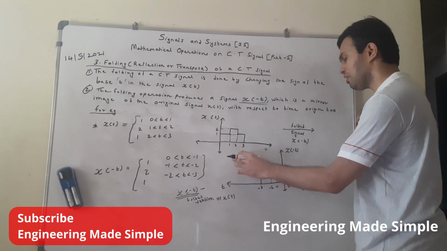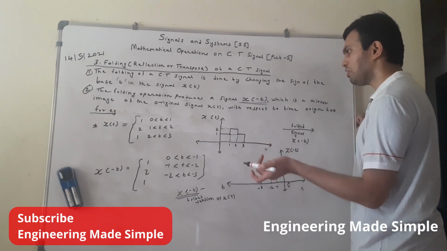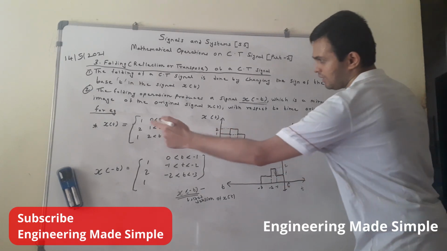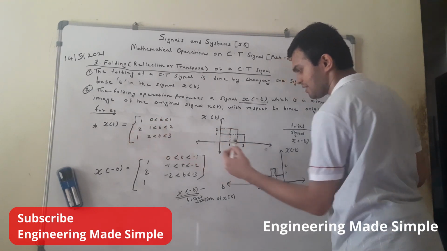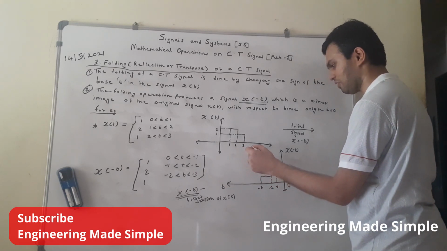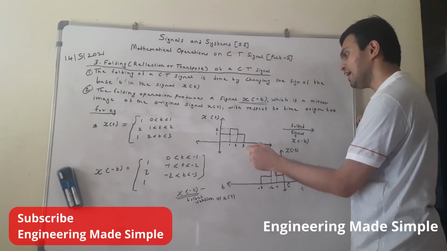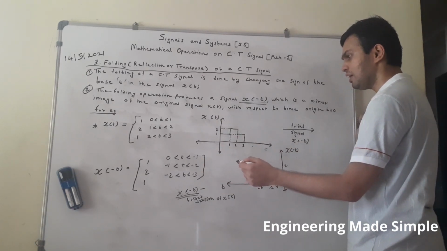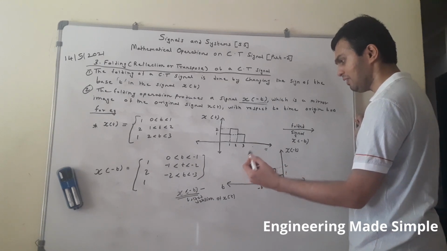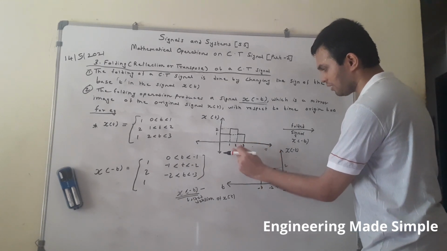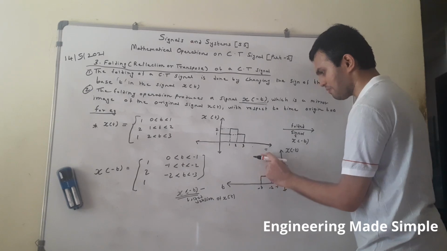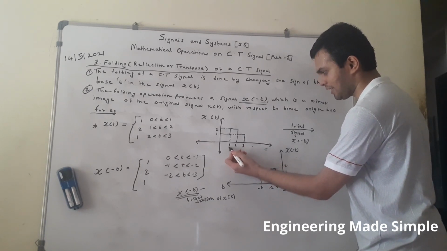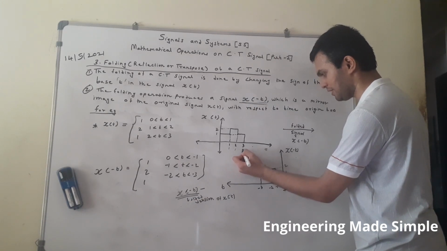Now how will you do so? The first point states that for the folding operation we change the sign of the independent variable time. So this is x of t, which is given to us. This is the plot of the given signal x of t. Now we want to find the folded version, that is x of minus t, of the given signal x of t. How will you do it? You have to just change the sign of the time axis. Here it is 1, 2, 3. This is our time axis, and these are the time instants: this is the time instant 1, this is the time instant 2, and this is the time instant 3.